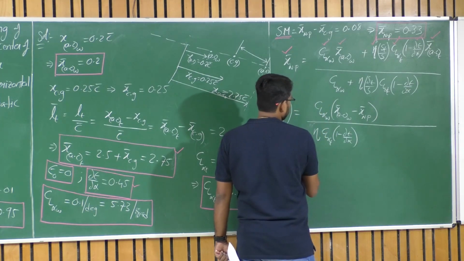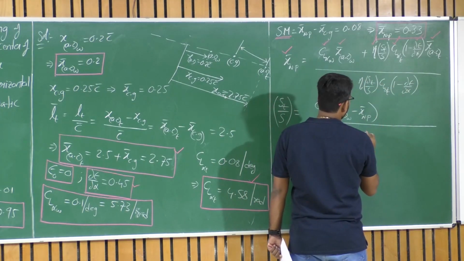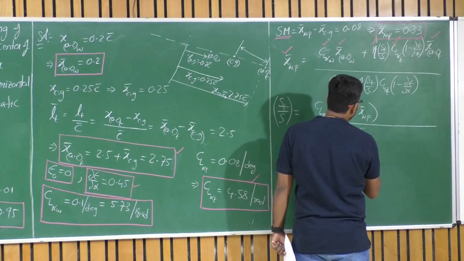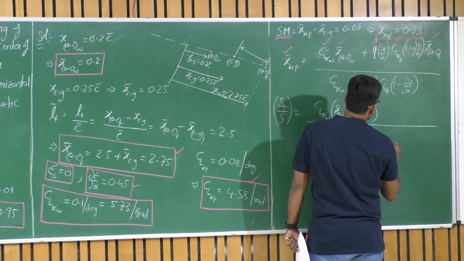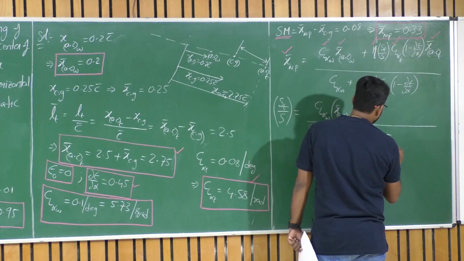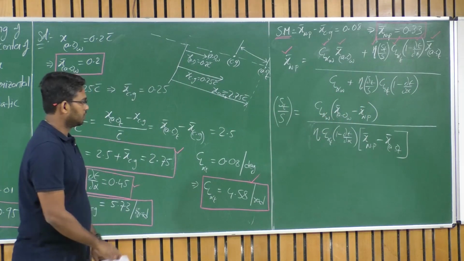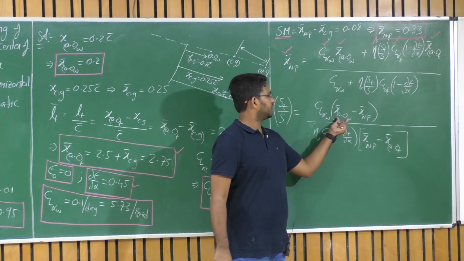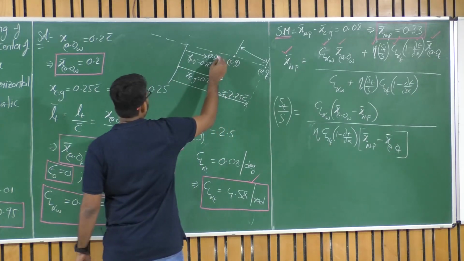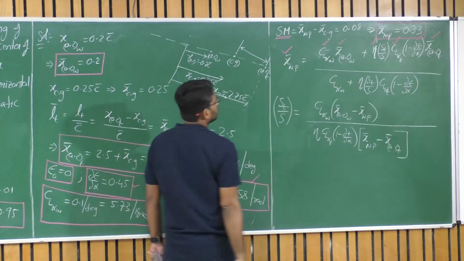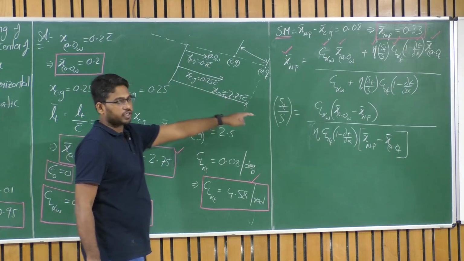Okay. This is in the denominator. I am taking this common out. So multiplied by x bar NP minus x bar AC of tail. Am I correct? Yeah. Aerodynamic center of wing is ahead of the neutral point. So that is what we will be ahead, because you know 0.33 is the neutral point and 0.25 is the aerodynamic center. 0.2 is the aerodynamic center. So this will be a negative term.